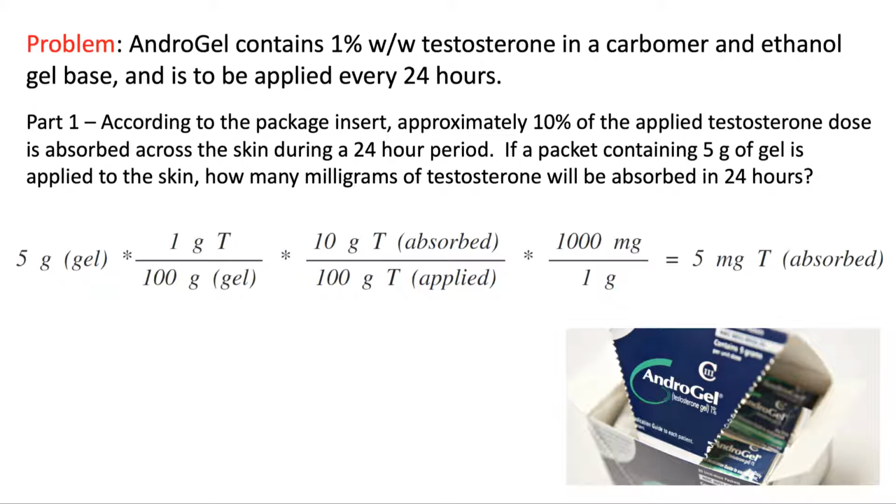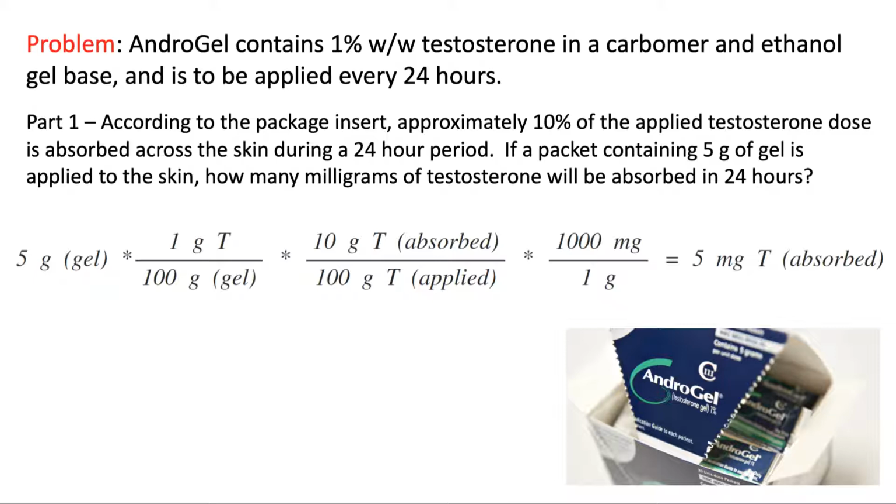Okay, that's so far so good. That's the total amount of testosterone applied to the skin. That's not how much is absorbed. So let's multiply it by the fact that we know that 10% of what is applied to the skin is absorbed. So let's express that 10% as 10 grams of testosterone absorbed for every 100 grams of testosterone applied. Okay? So my grams of testosterone applied cancel, and now I'm in grams of the actual amount of